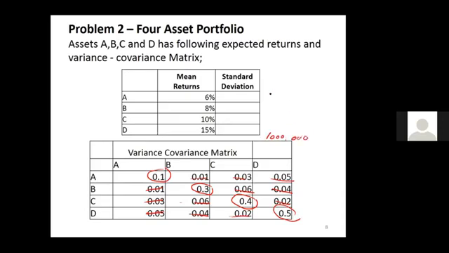You can invest 250,000 rupee in stock A, stock B 250,000, 250,000, 250,000. Then altogether 1 million. So equally invested in each asset. So you can change that. But